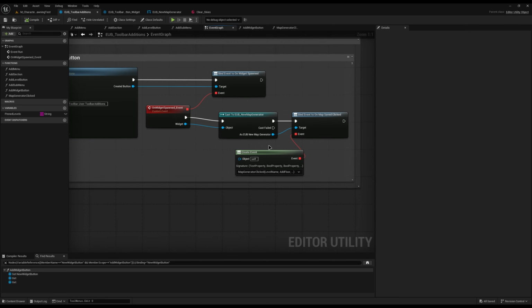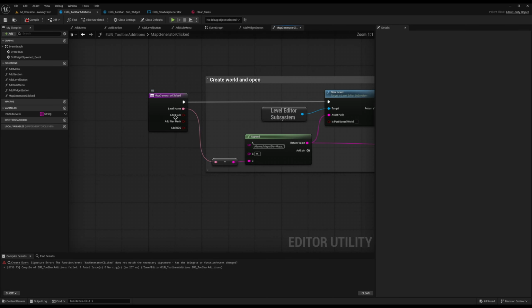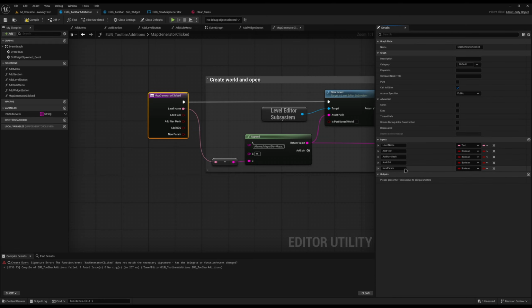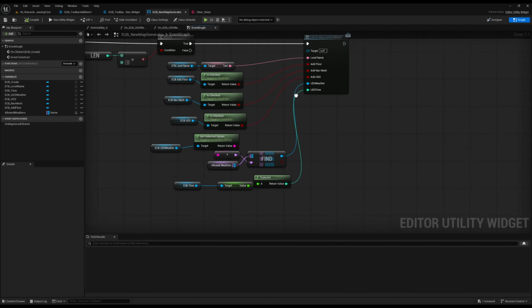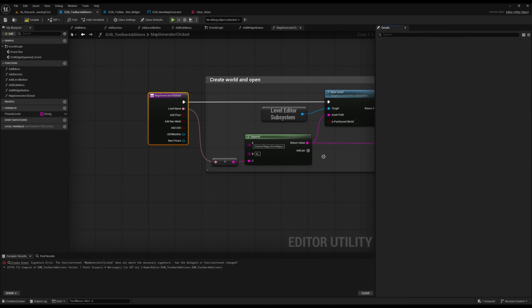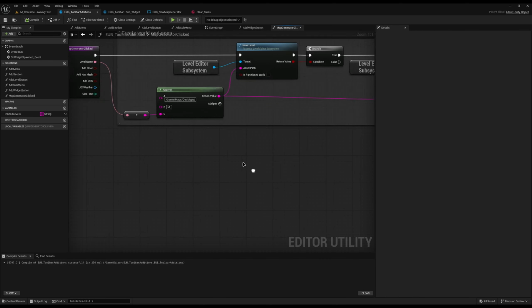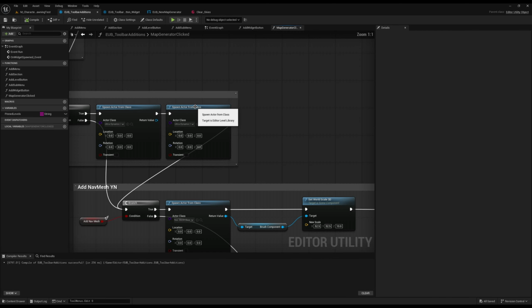In the event graph where it binds onto it, if we tell it to regenerate the function, you'll see it's erroring because the function hasn't got the right properties anymore. Super simply, come over to the function and we'll just add them. So we'll add a new one and we'll call it exactly the same thing we did here. So UDS weather, and that'll be a type of UDS weather settings. And it was UDS time, which is a type of integer. Hit compile and you'll see it will all sync back up nicely,